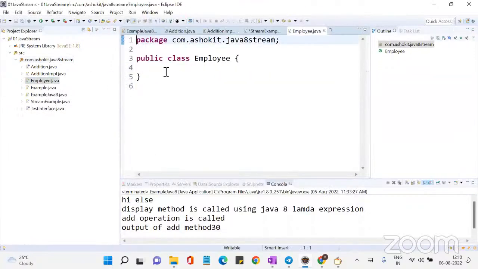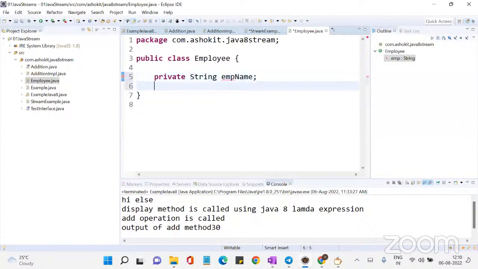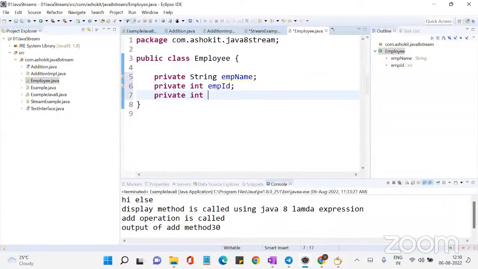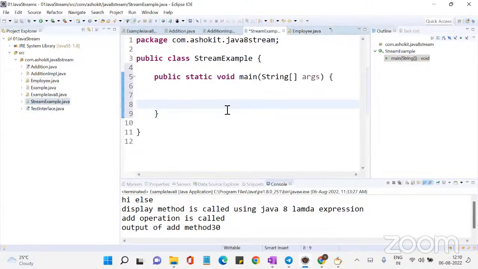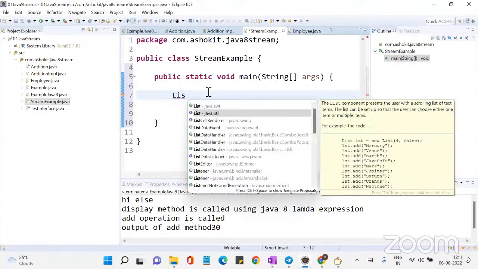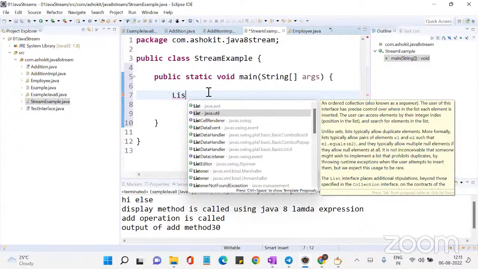Now in this Employee class, the attributes are private String empName, private int empId, and private int empSalary. Now, can I say that this Employee is a class? Now in my project, if I want to create 10 employees, what will I do? Can I say that I will create a list? Generally, a list is nothing but a collection object